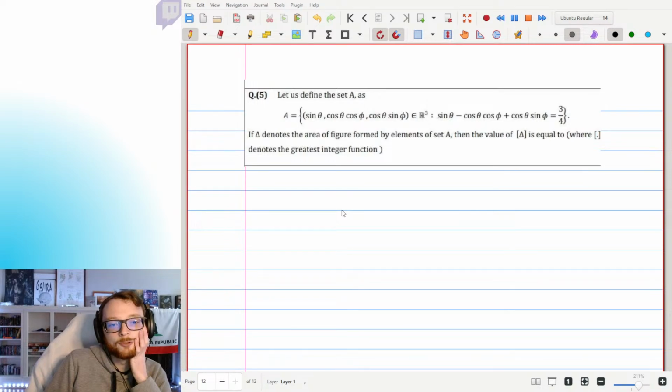And then we have a constraint, I guess, that sine theta minus cosine theta cosine phi plus cosine theta sine phi equals 3/4. If delta denotes the area of the figure formed by elements of set A, and the value of brackets delta is equal to the greatest integer function